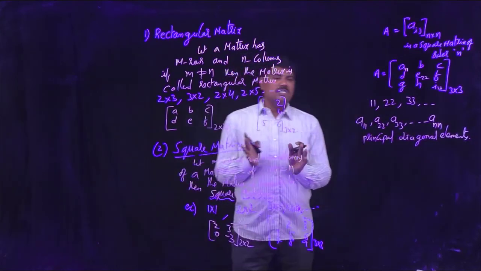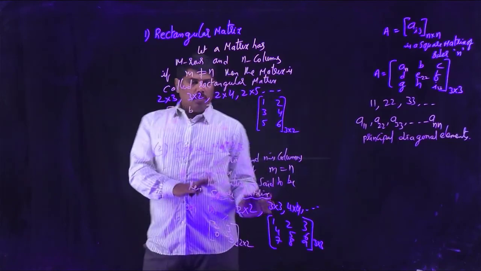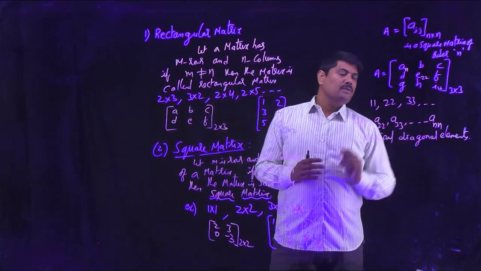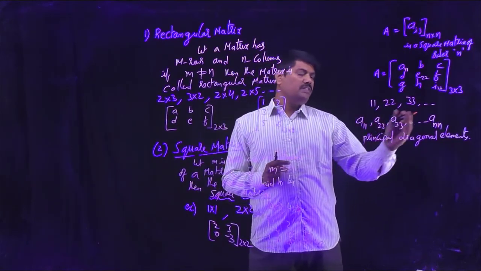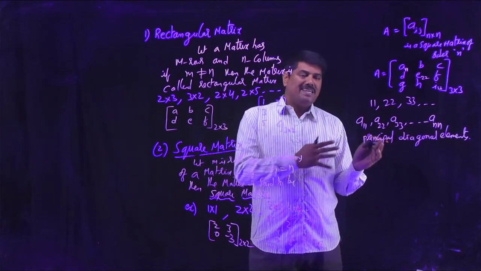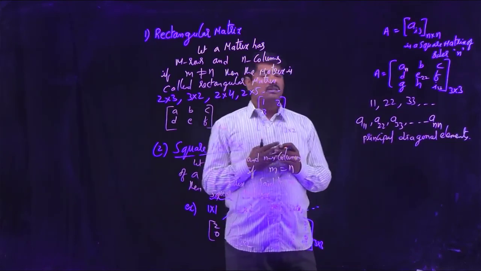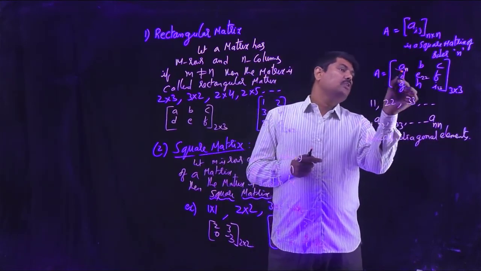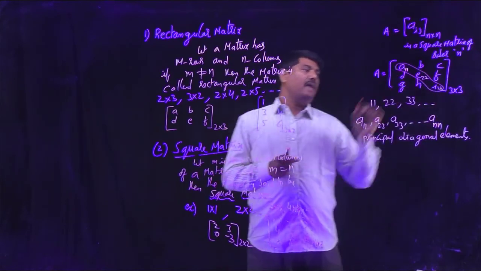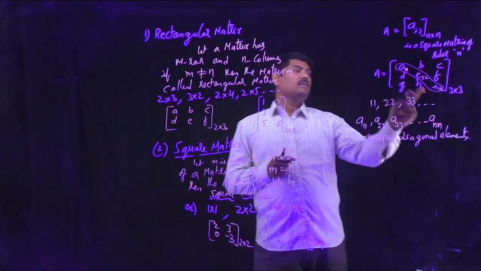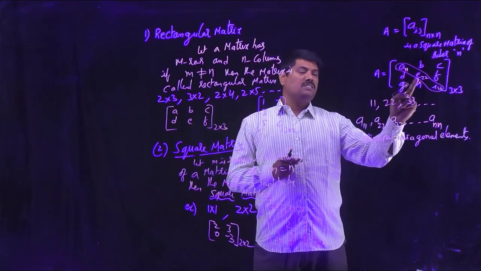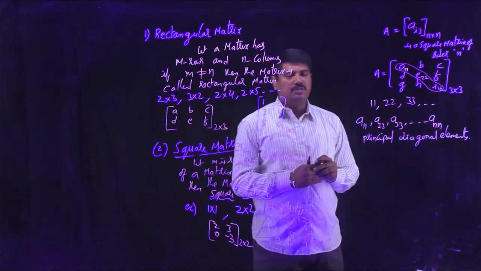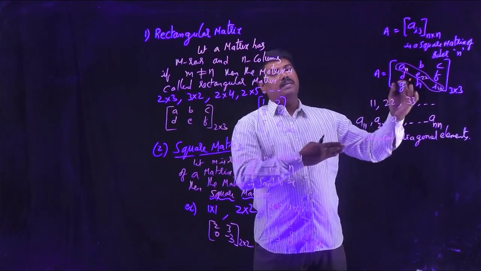So here you must have an idea. This is possible only for a square matrix. In a square matrix, the elements A11, A22, A33, and so on, Ann are called principal diagonal elements, and the other elements are called non-principal diagonal elements. So why are they called diagonal elements? You can take that as one of the diagonals of the square. Observe here: A is in 1 1 position, E is in 2 2 position, and I is in 3 3 position. So these elements constitute the principal diagonal elements.